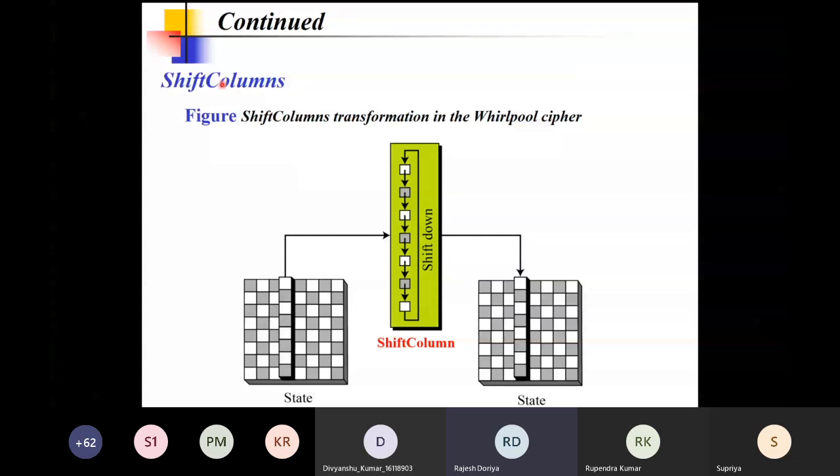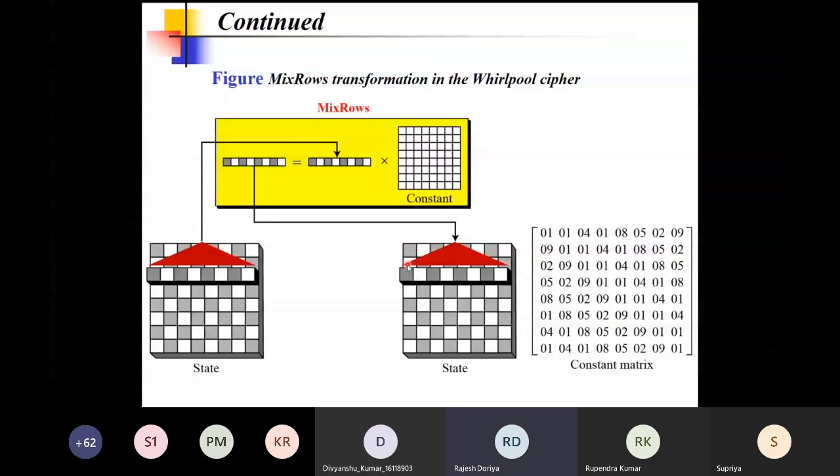In this case, a circular column shift is being done. I guess there is no need to discuss this operation in detail because it is very simple. Now, mix rows. It is also pretty much similar to AES.